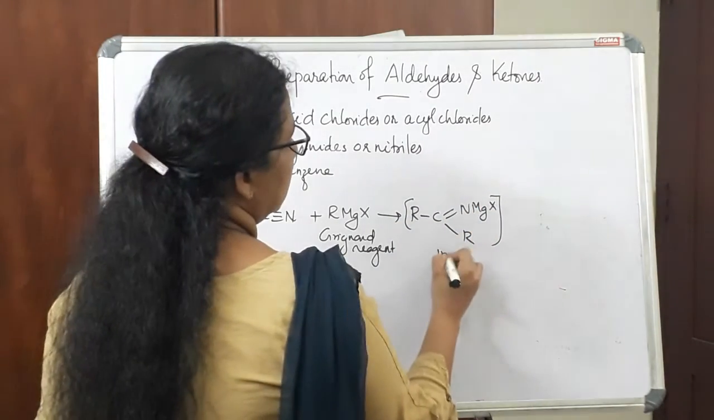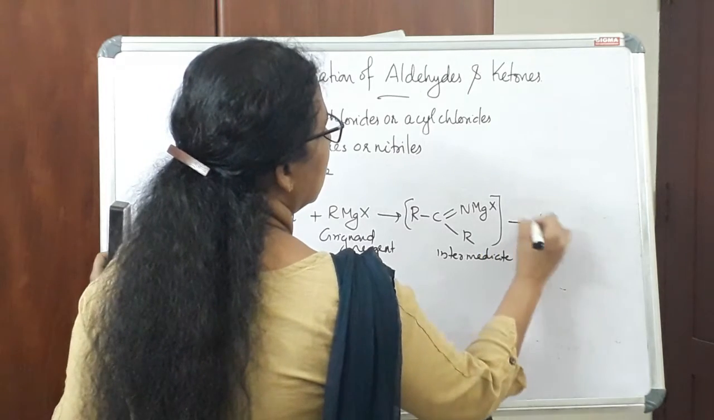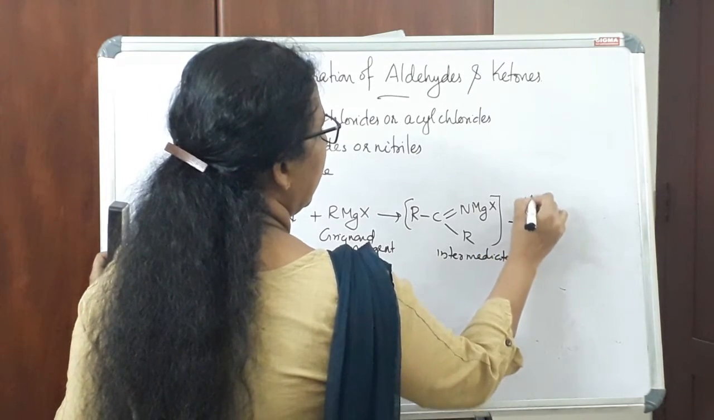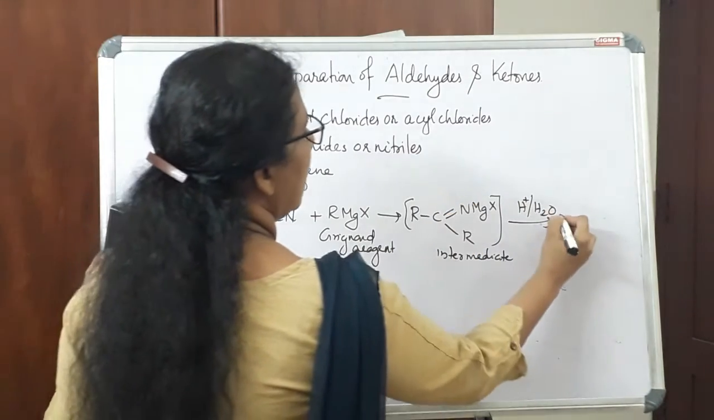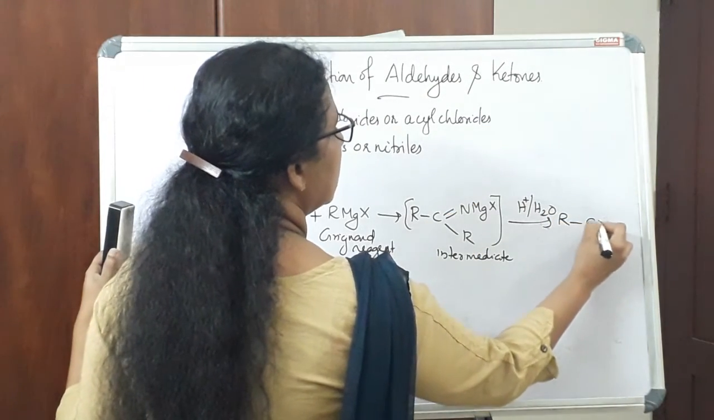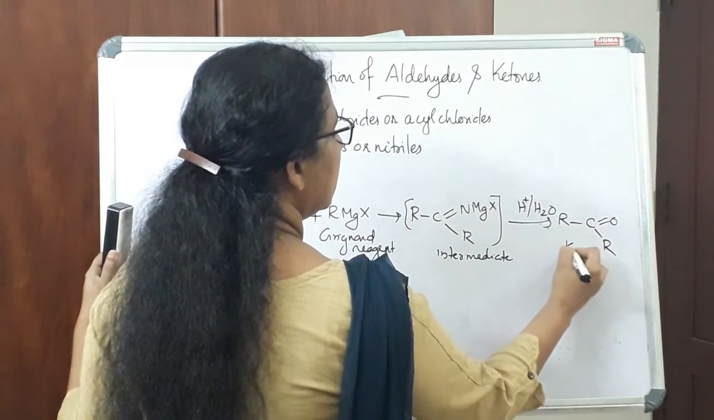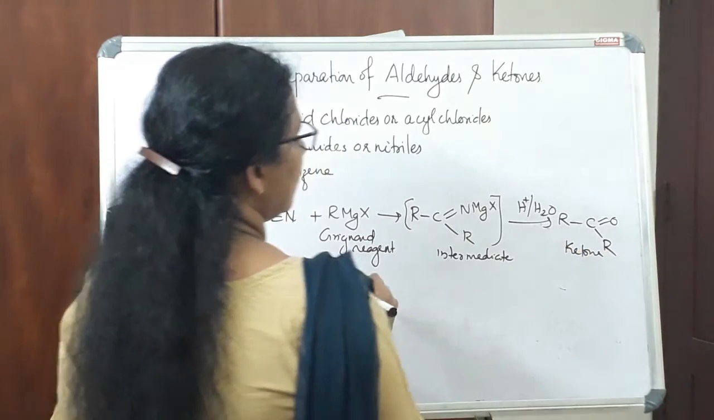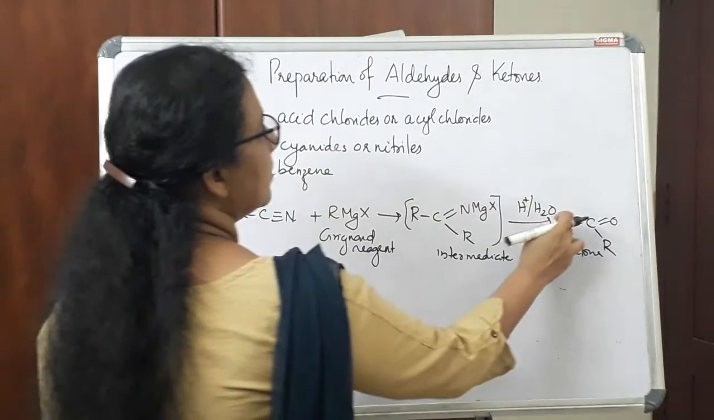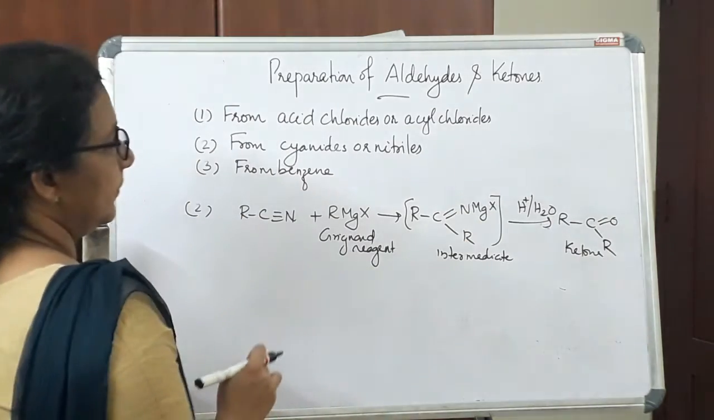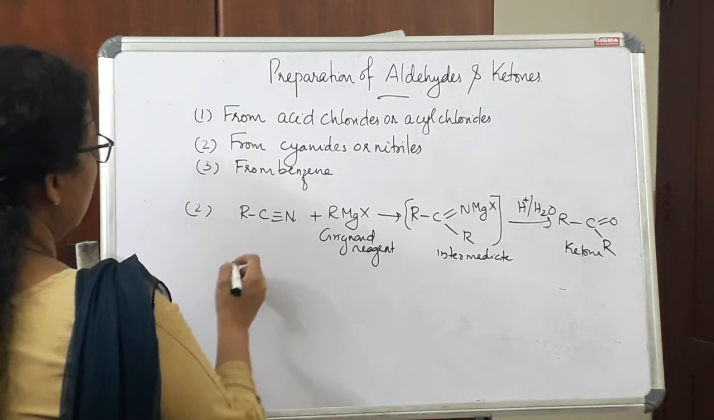Then which on acid hydrolysis gives R C double bond O R. So this will be a ketone. So hydrolysis will take place here and we will get RCOR. So this is the general equation. We will write an example,